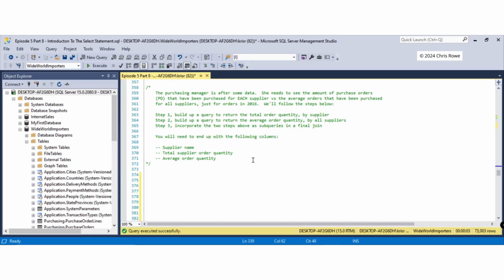Right then, so what we're going to do is follow the steps below. We'll simply build a query to return the total order quantity by supplier. So let's do that very quickly. And we're going to use this to build up our sub-selects within the columns themselves. Okay, so total order quantity,